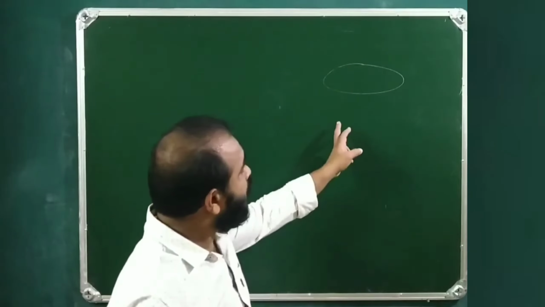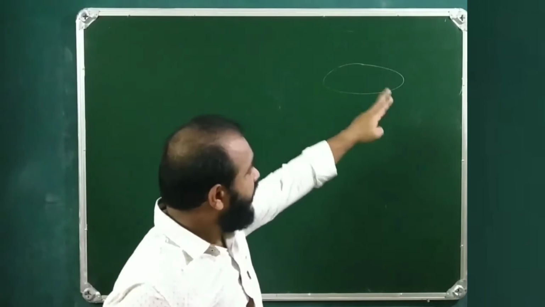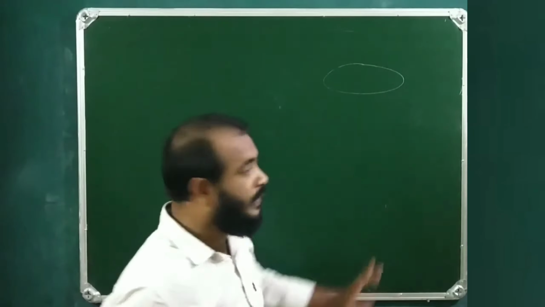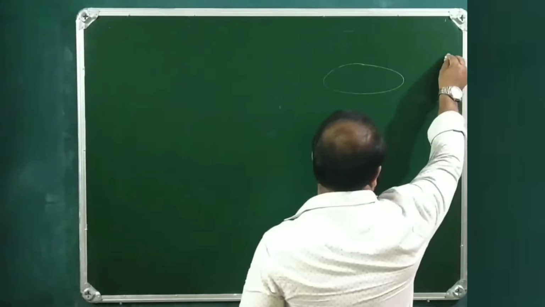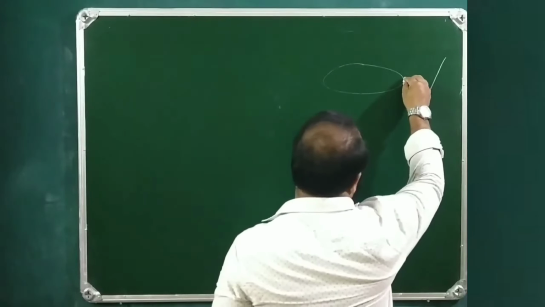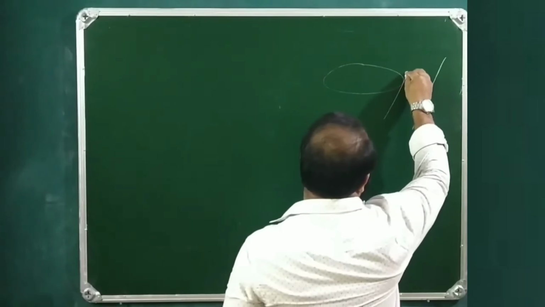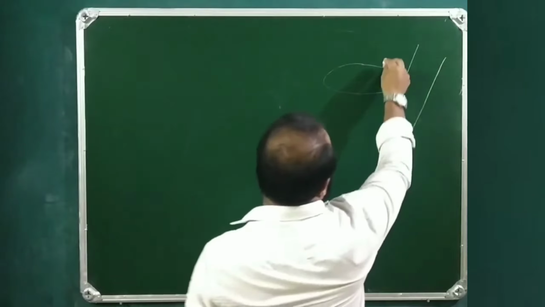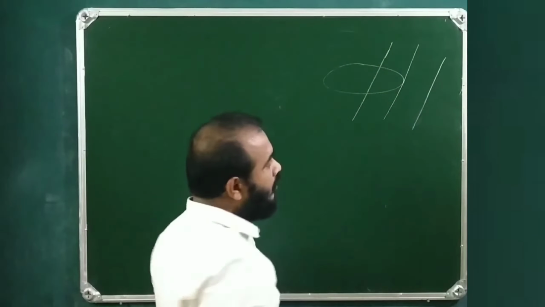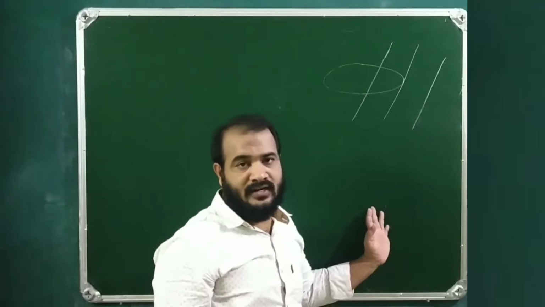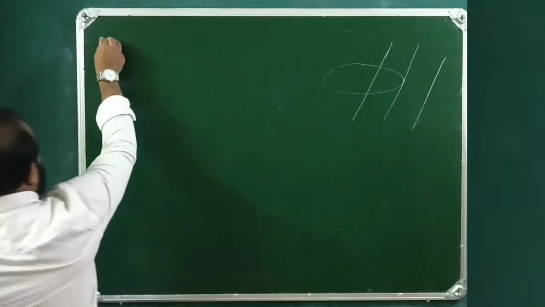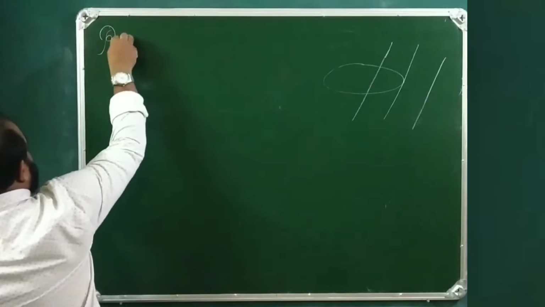The relative position of a straight line with respect to the ellipse in this plane could be either like this, or like this, or even like this, depending on the discriminant. So let us see the point of intersection